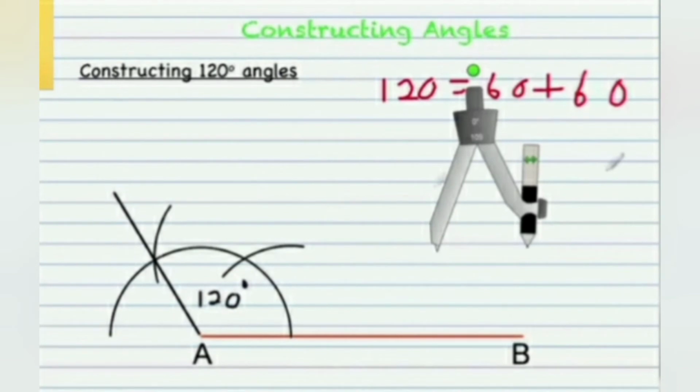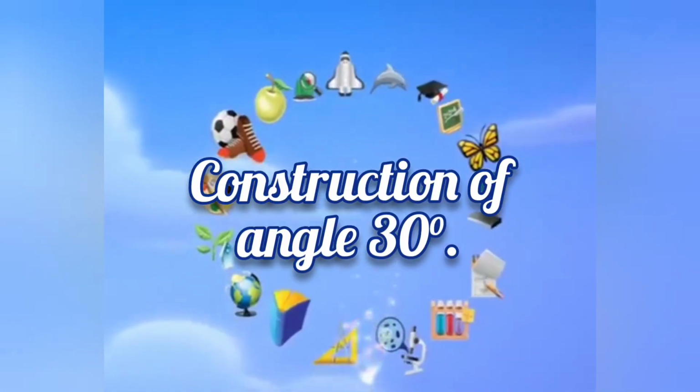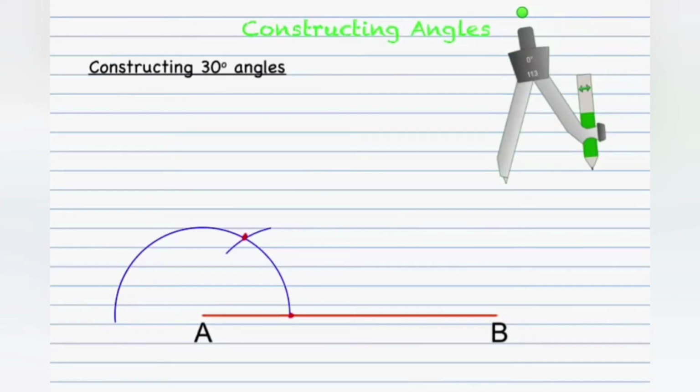Okay, now that you know how to construct angle 120 degrees, now let's move on to construct angle 30 degrees. Now, a 30 degree angle is just a half of 60 degree. So if you can bisect 60 degree angle, then you would have created a 30 degree angle. Since you already know how to construct a 60 degree angle, assuming that you already have a 60 degree angle,